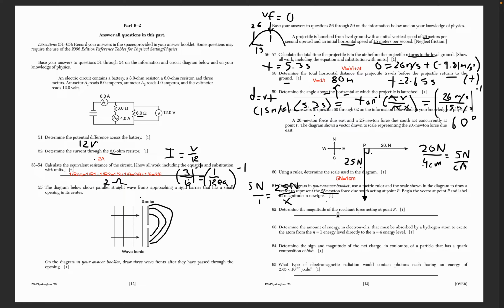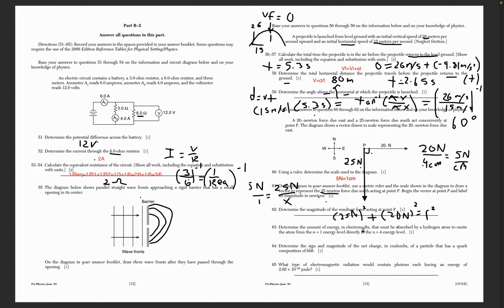You do 25 newtons squared plus 20 newtons squared is equal to, let's say, resultant squared. You square those and add them,